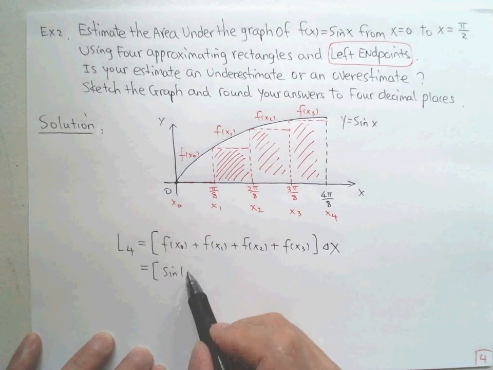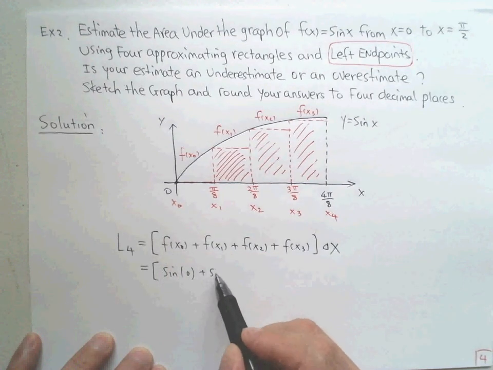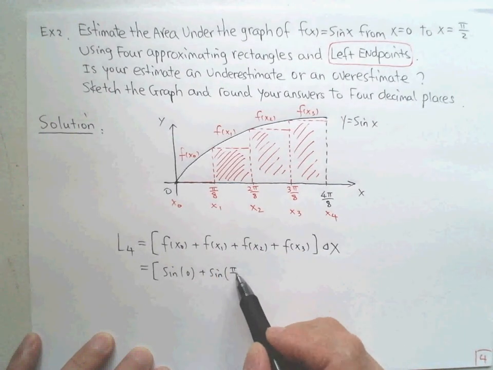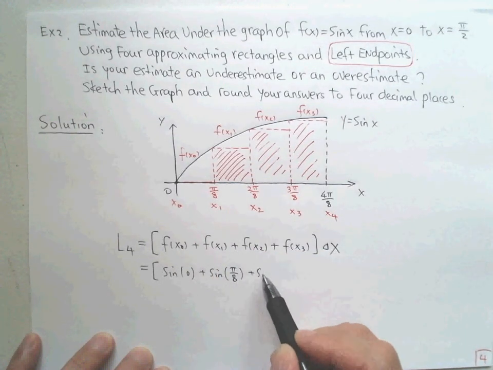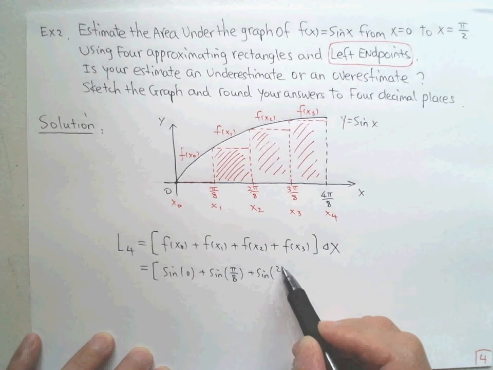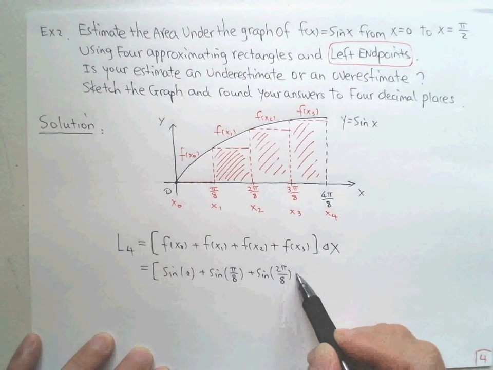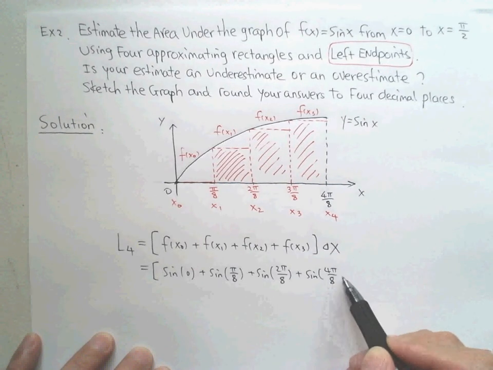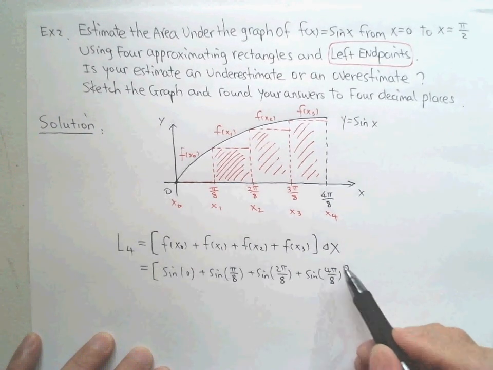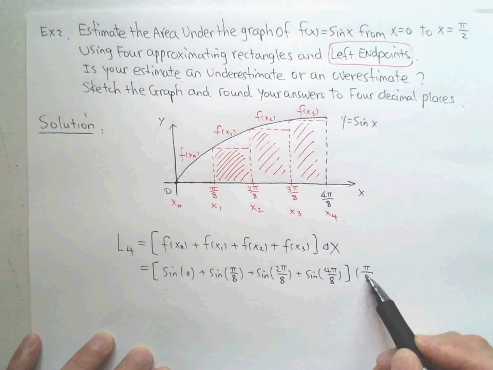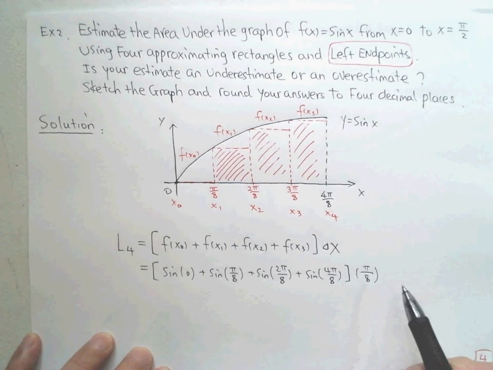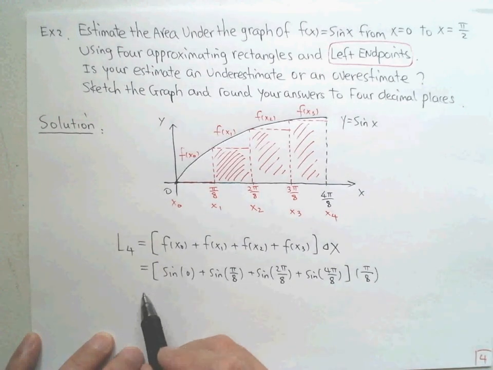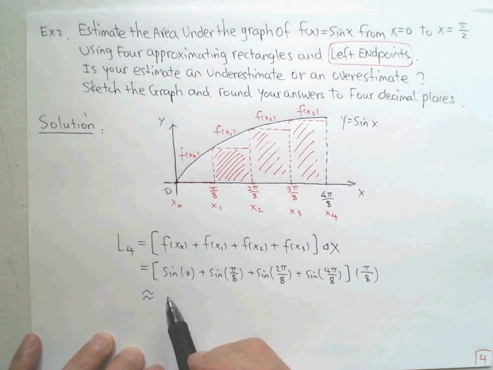Okay, x0 is 0, plus sine at x1 pi over a, plus sine at x2 2 pi over a, plus sine at 4 pi over a. Okay, and delta x is pi over a. And then use the calculator. If you like, you use the table, or you do the calculation one by one. The result we find is